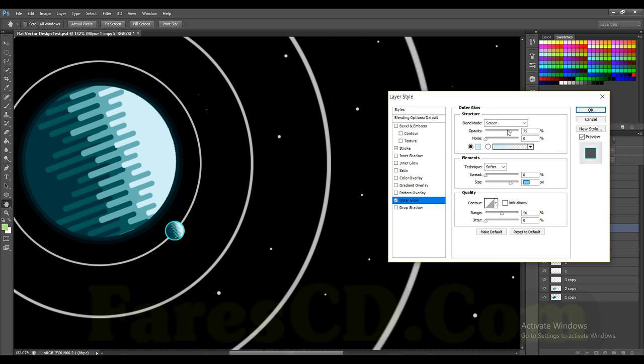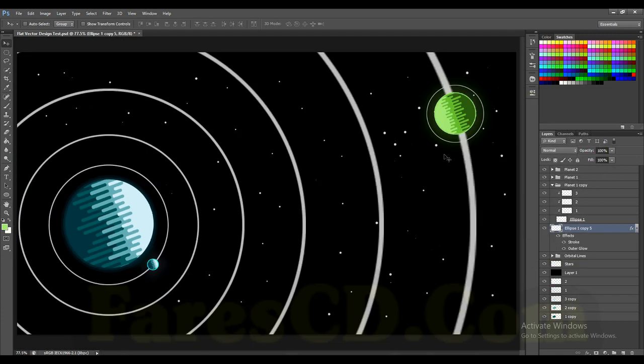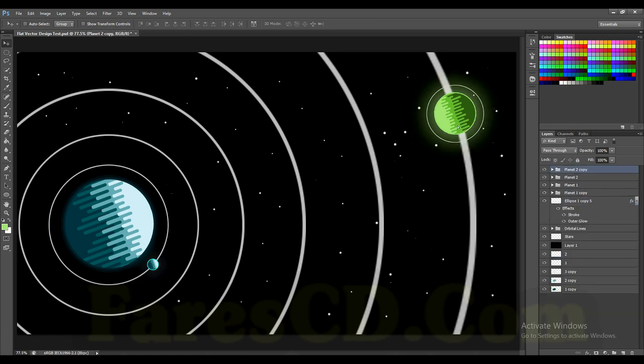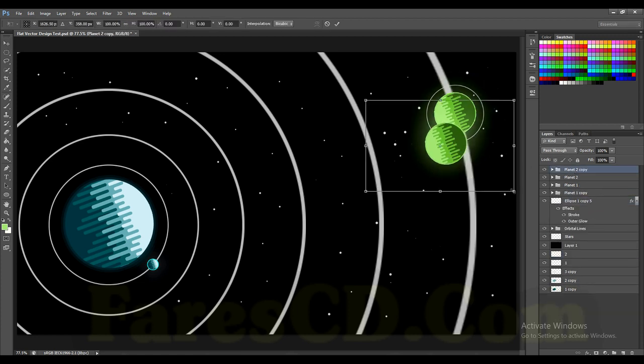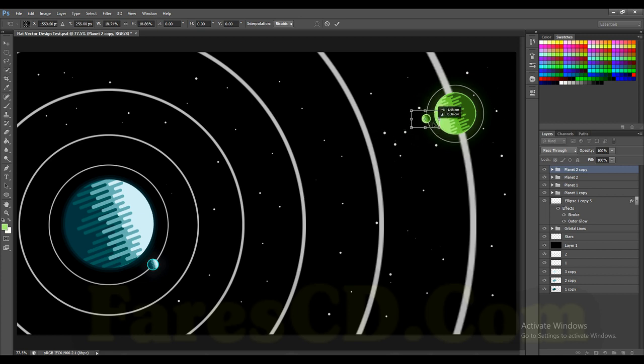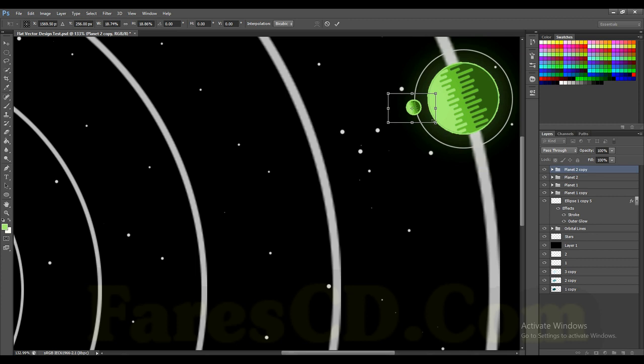Then increase the opacity and set it to normal. If you don't see it because it's way too high, if I go around here, that's looking pretty great. In fact, I'll go a bit higher, okay, just like that, so that it's just there and not really hitting our highs. So we're done with the second planet as well. I'll do the same thing for this planet. I'll duplicate this, move it around, Control T, hold Shift, and size it down to something like that. Just make sure it's really small,